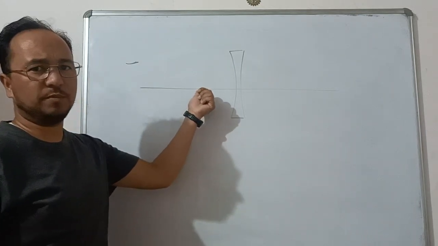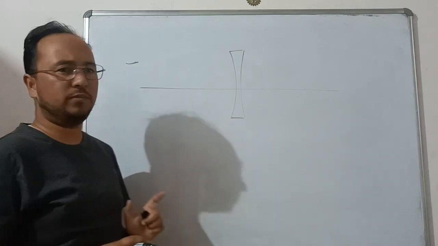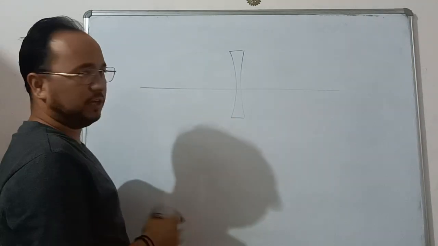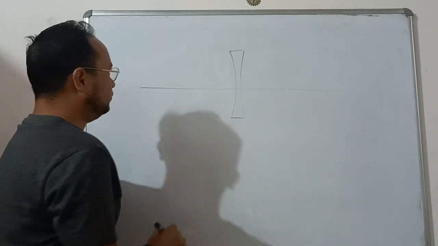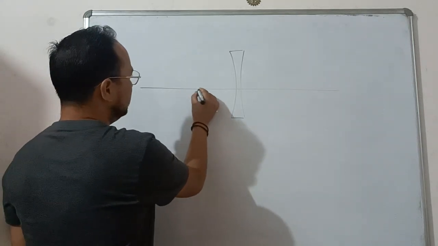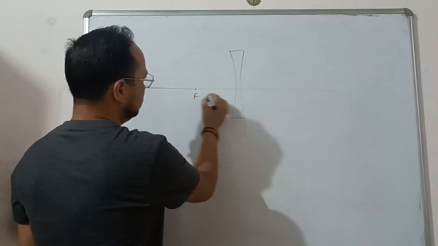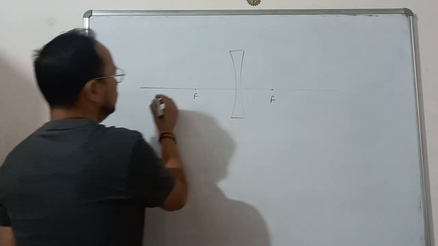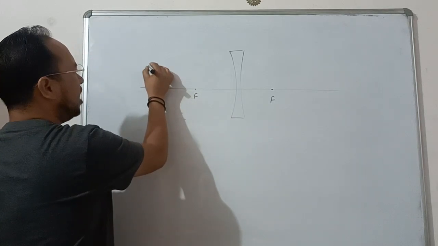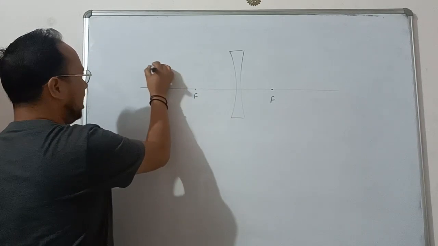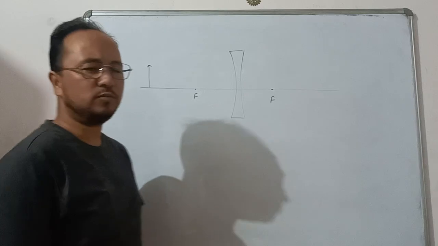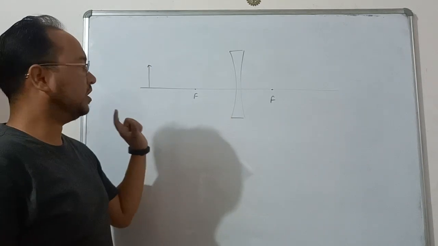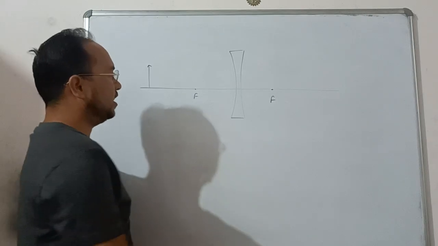ये हमने जब इसका प्रिंसिपल फोकस डिस्क्राइब किया था तभी देखा था. तो इस केस को हम डिस्कस नहीं करेंगे स्टूडेंट, ये बहुत इजी है, ये हमने क्लास में डिस्कस कर लिया है. सो सेकंड केस जो इसका होगा उसको हम डिस्कस करेंगे. सो सपोज दिस इज अवर ऑब्जेक्ट प्लेस्ड एनीवेयर, इन्फिनिटी छोड़ के, बाकी आप कहीं भी प्लेस कर सकते हैं. इसका एक ही केस होगा इमेज का, वो देखते हैं कैसे.